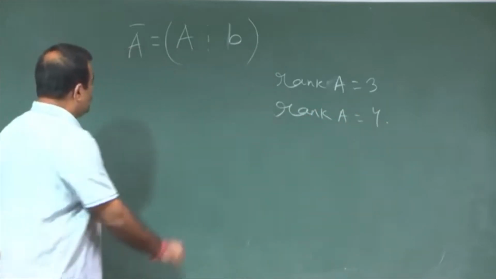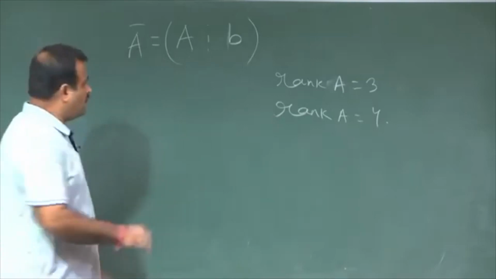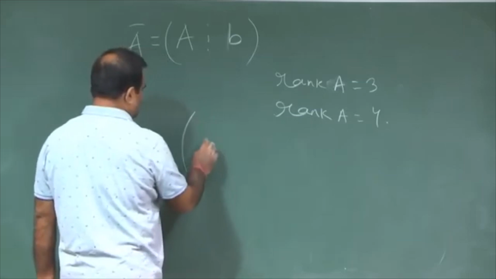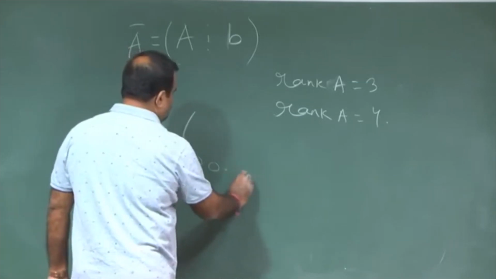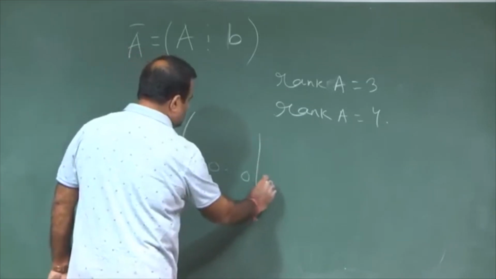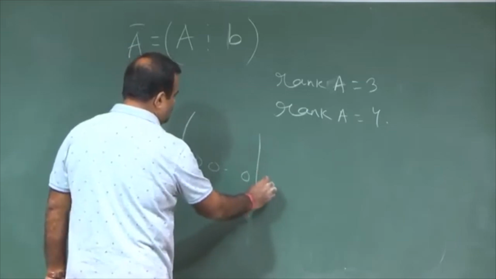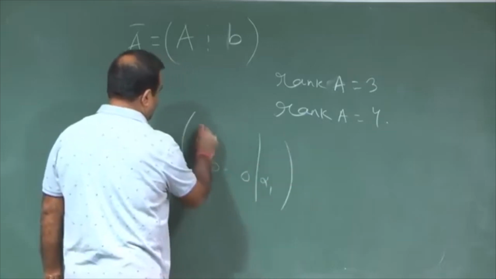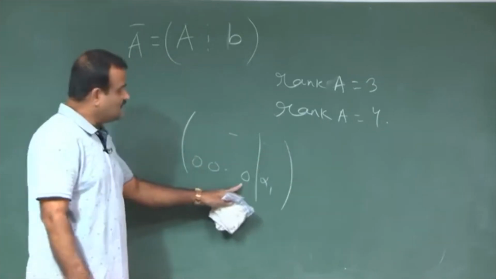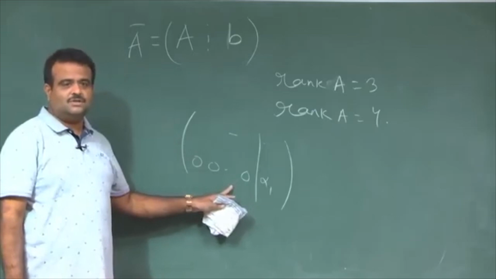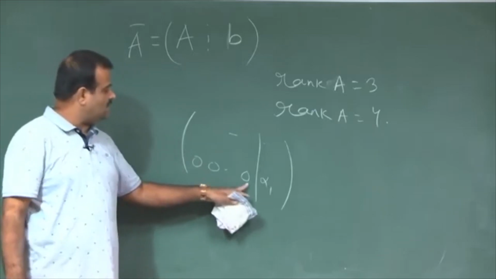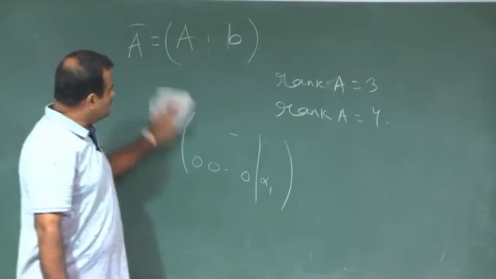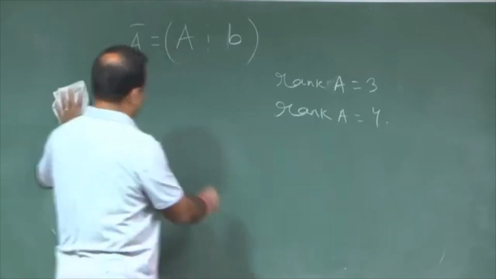So, that means what? That means if we apply the row reduced form of this, it will eventually give us something like this. The last row will become 0, but we still have a coefficient over here, some alpha 1. So that means it cannot have a solution, because to have a solution there is no x which will give you the alpha, because all are coming 0. So, that means the rank of,